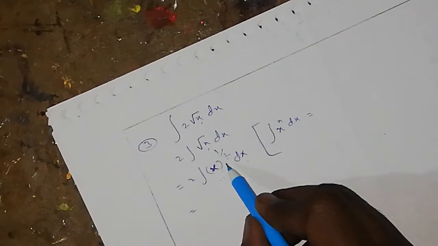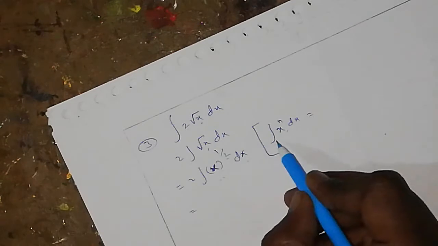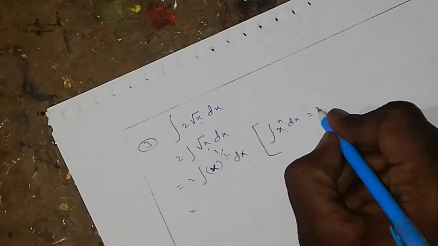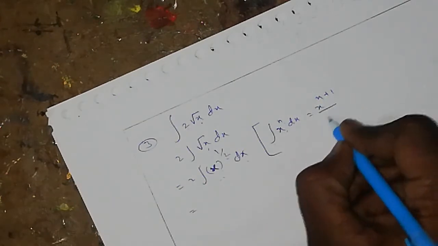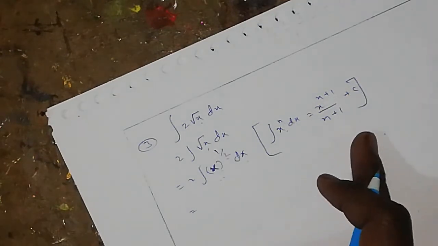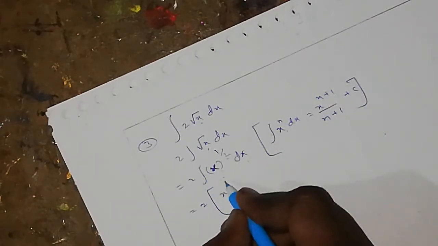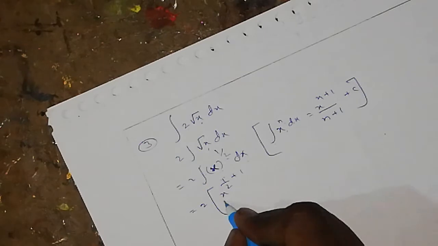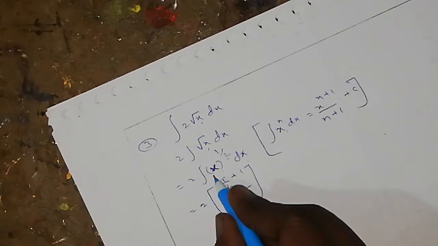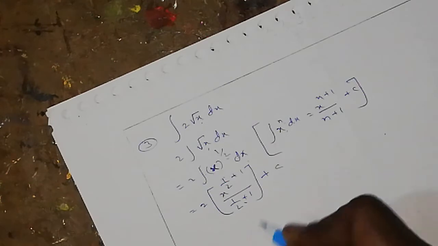So by seeing the problem, you have to identify the formula, whether it is in which form. Right. So it is in the form of integration of x power n dx. So what is the formula? x power n plus 1 by n plus 1 plus c. Now I have to write in this form. So what are we getting? 2 into, so I am applying in the form, x to the power of 1 by 2 plus 1 by 1 by 2 plus 1. So here I am applying the formula for this. So when we are applying the formula, after that we have to write plus c.